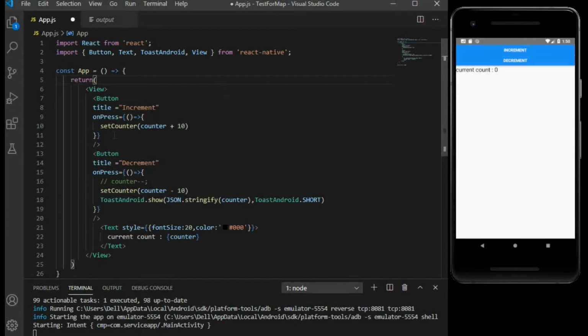So I will delete everything related to the state in this component.